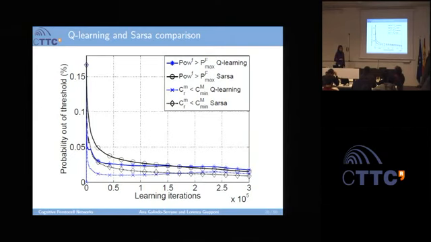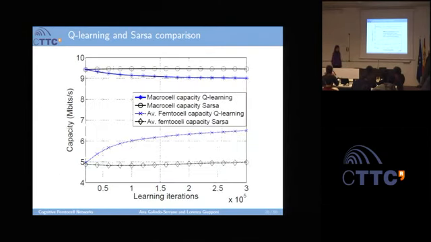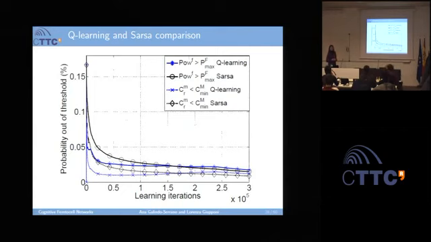Yes? Okay, so, what is the probability of failure which is considered good in systems? Because already the plot starts from 15% failure. Yes, but here you have to consider that we start with one of the worst scenarios. So femtocells start transmitting at very high power levels in order to show the behavior of the learning algorithm better. So we are taking very extreme considerations here.